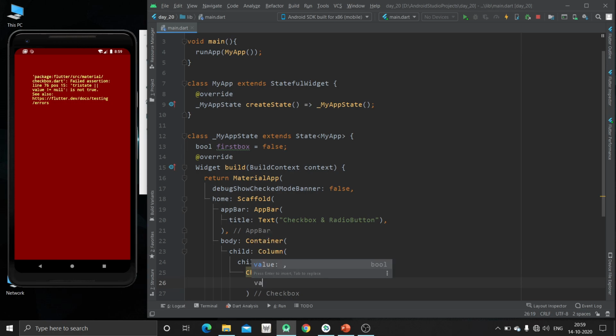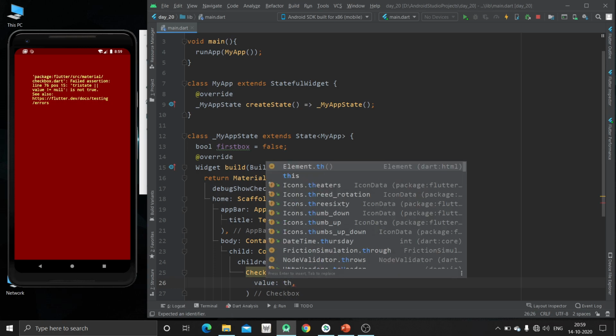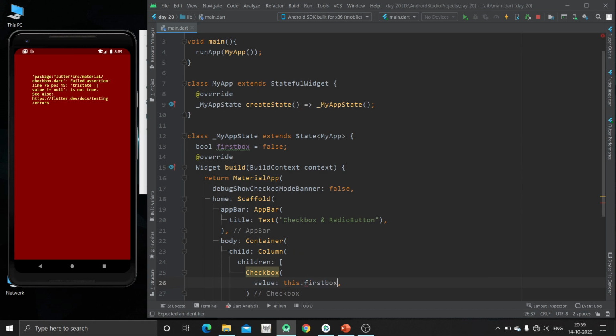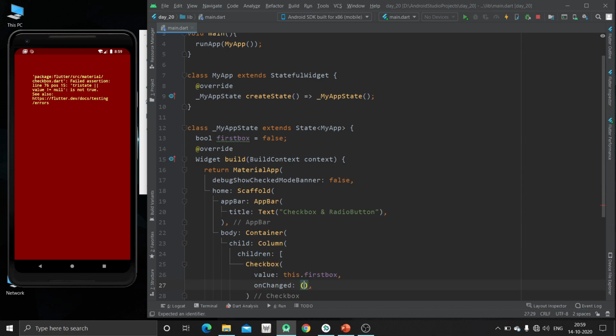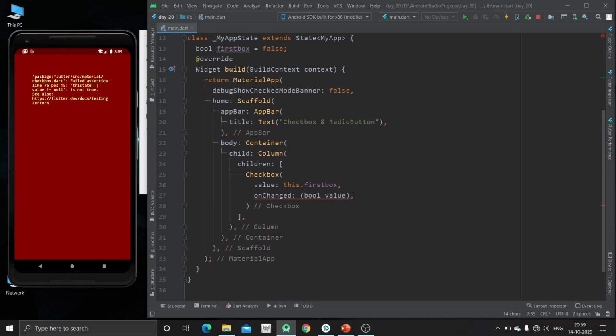Now we'll specify its value, and onChanged. Now here we have created a stateful widget. Why? Because we are going to use setState method.